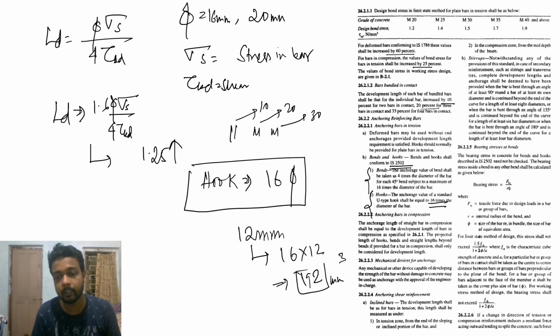Anchoring bars in compression is given, but not necessary. Okay. Now we talk about the stirrup. Stirrups are the secondary reinforcement that has been provided. The bar is bent to an angle of at least 90 degrees, rounded at least its own diameter, while the bend angle is 135. So you can remember this: 90 degrees and 135.